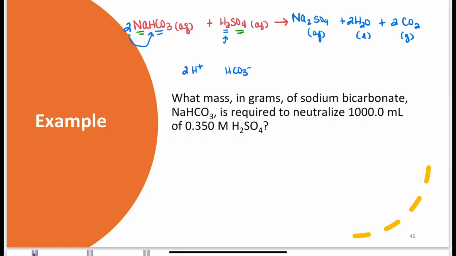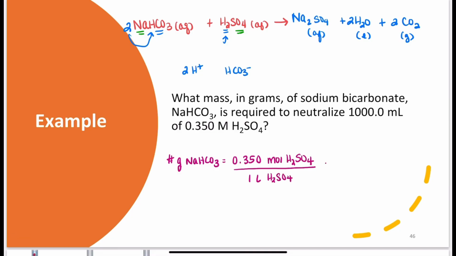What mass in grams of sodium bicarbonate is required to neutralize all of this acid? So I want to know the number of grams of NaHCO3. I'm trying to neutralize a 0.350 molar solution of sulfuric acid, and I have an entire liter of it. I have 1,000 mL. It doesn't matter what number you start with, but I'm going to start with my molarity: 0.350 moles of H2SO4 for 1 liter